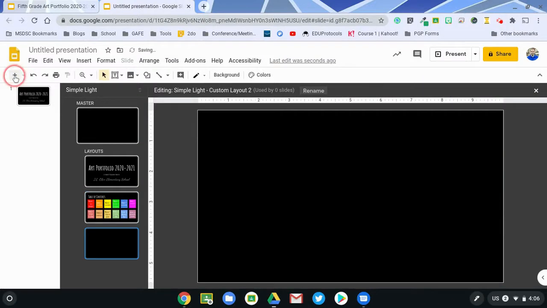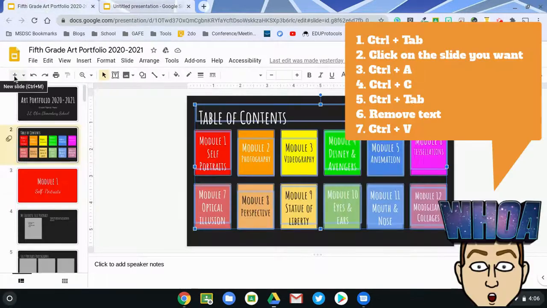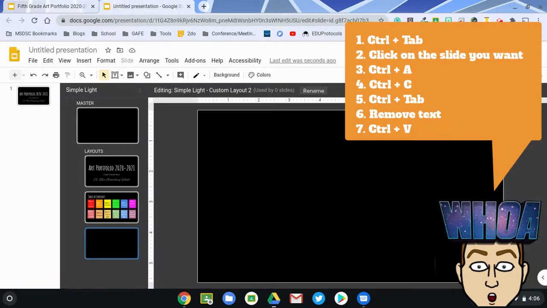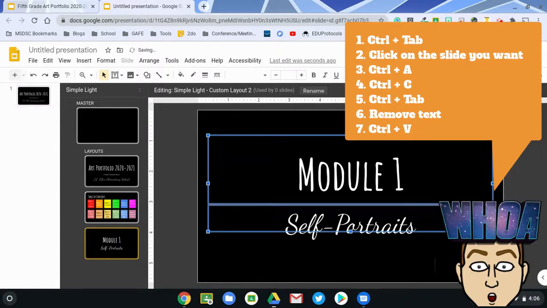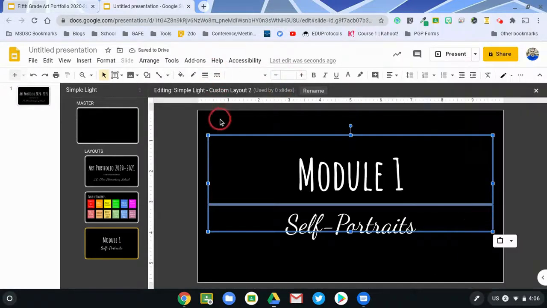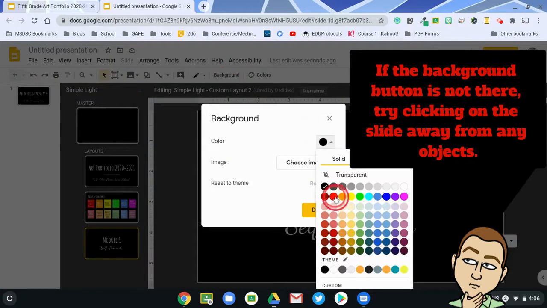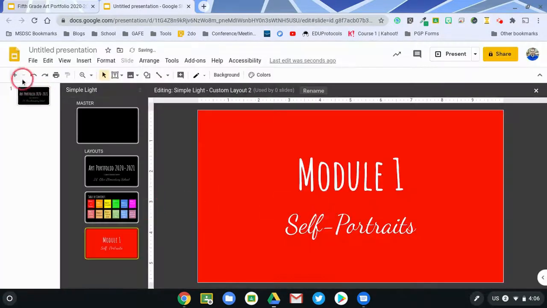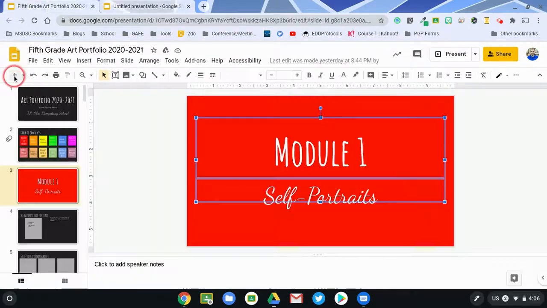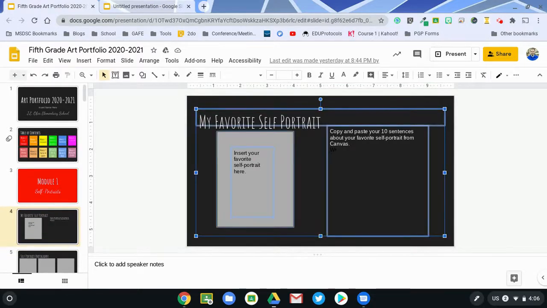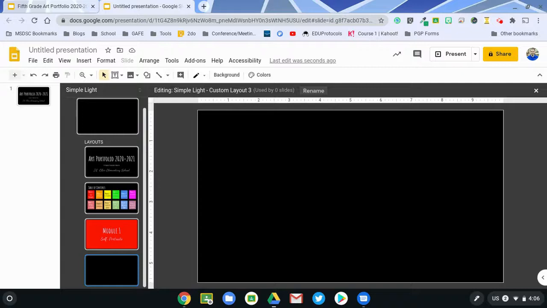So let's get another layout. Control Tab. Go to my next one. Control A, Control C, Control Tab, Control V. Boom. And if I want to make that one red, I'll go ahead and make it red. Done. Next one, plus, Control Tab, click somewhere off to the side, Control A, Control C, Control Tab, Control V,